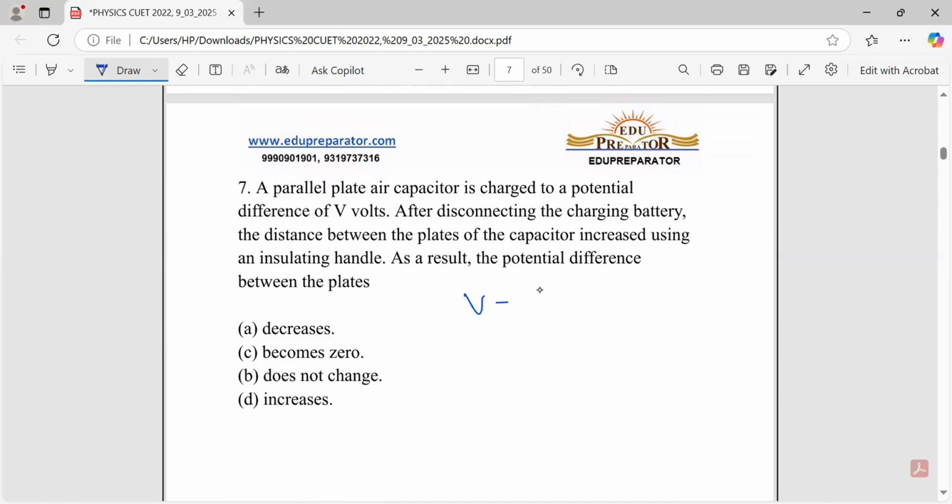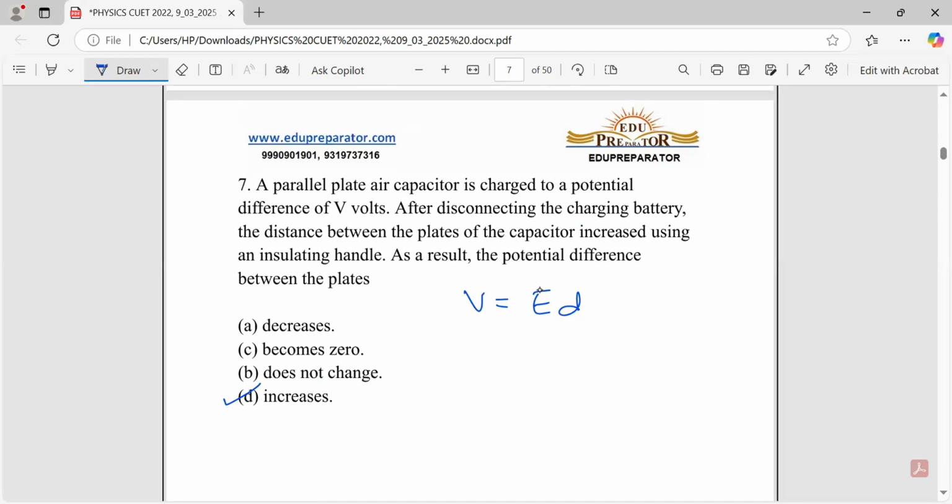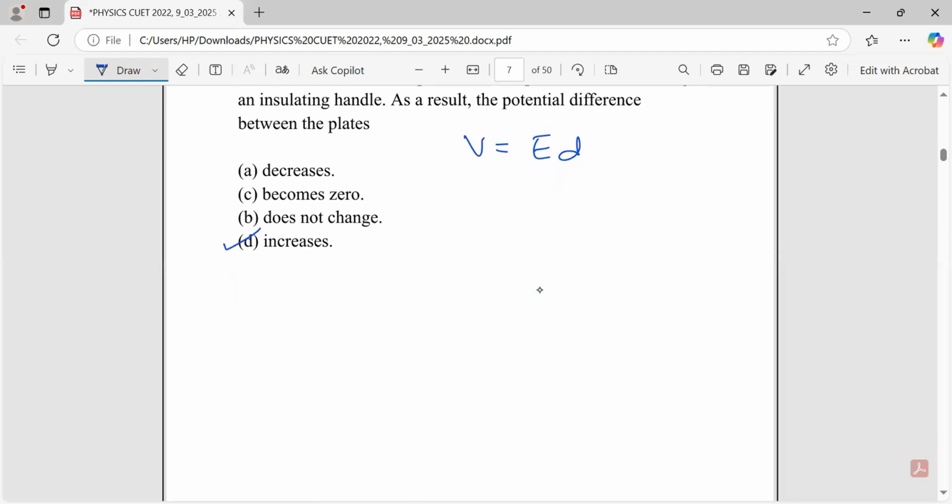So we have the formula V is equal to E into D, right? So the electric field between the plates is constant. So if you increase the distance, the potential will increase, right? So this is question number 7. Question number 8,